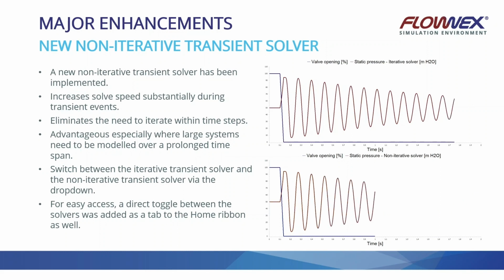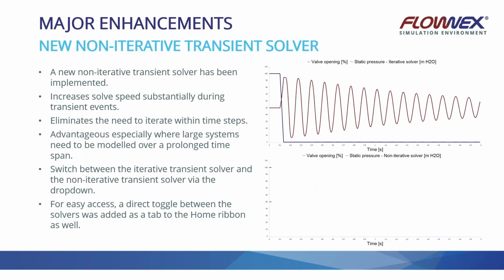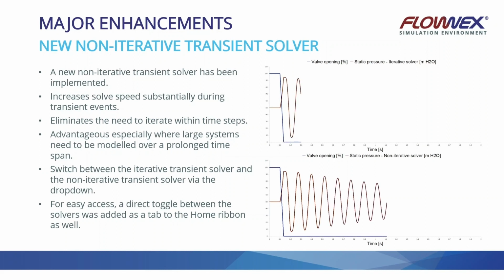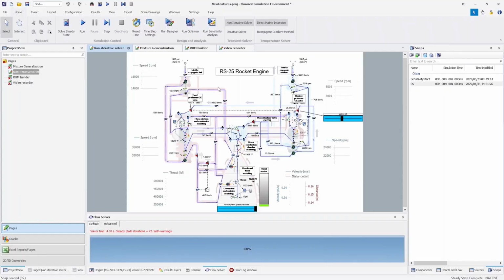Users can also switch between the iterative and non-iterative solver before and during transient runs. This can be done by either using the transient solver settings, which can be found under the flow solver section in the solvers tab on the right, or by using a direct toggle between the solvers, which has been added to the home ribbon. To demonstrate the capabilities of the non-iterative solver, we will look at an RS-25 rocket engine